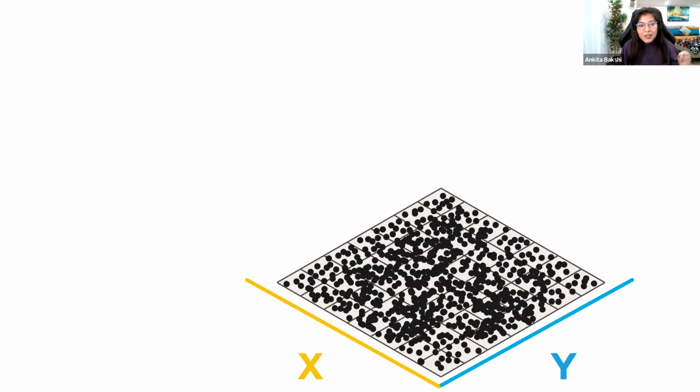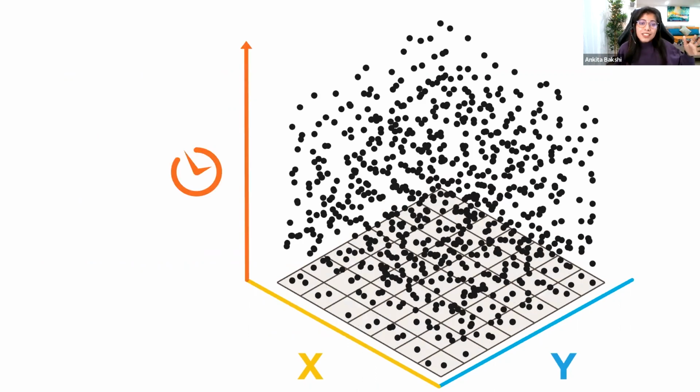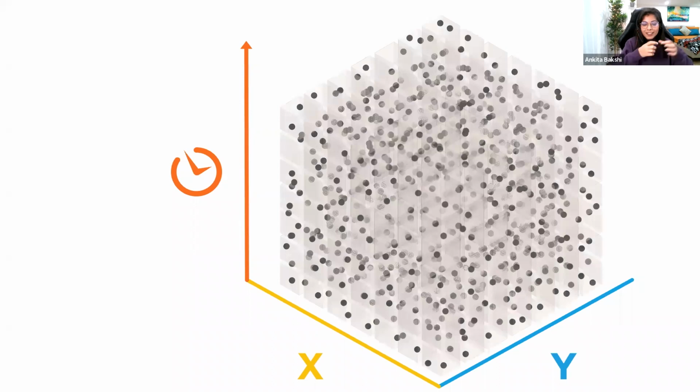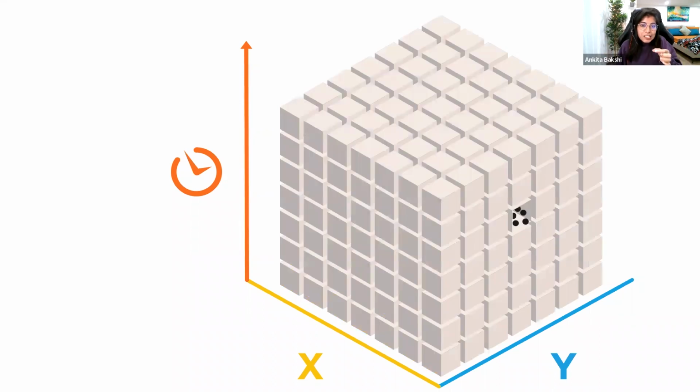To give a very quick introduction of what a space-time cube is, let's say you have points on a map, with X and Y coordinates, but when you have time associated with each of these points, you can consider it to be in 3 dimensions, where the 3rd dimension is time. So we use the Create Space Time Cube tool to bin these points into different cubes. Each cube has a location, an X and Y, and the time that